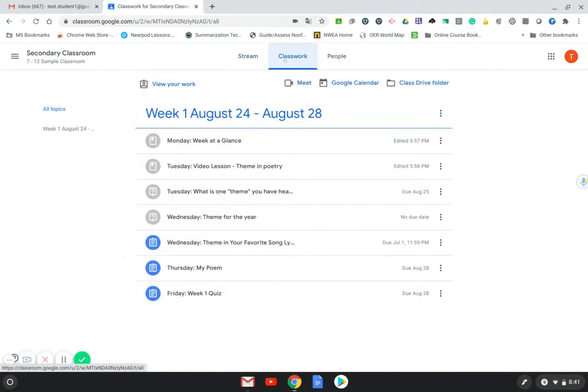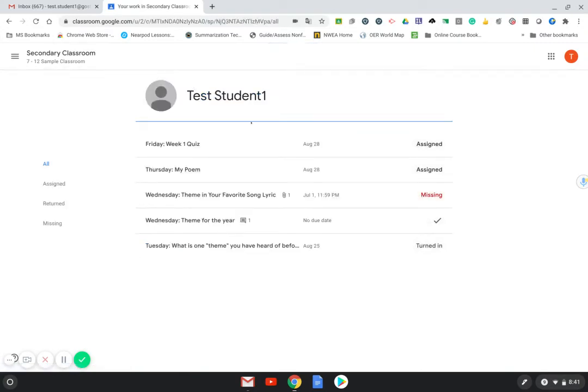Another way that the student can view his or her work is by clicking the Classwork tab and then clicking on the View Your Work link. This will bring up a list of assignments that are due in this particular classroom only, and they are organized by date. They also will show which assignments are assigned and still need to be completed, which assignments are missing and have not been completed by the due date,